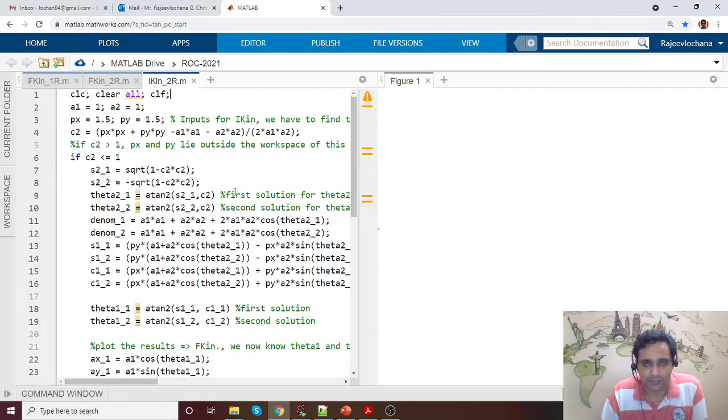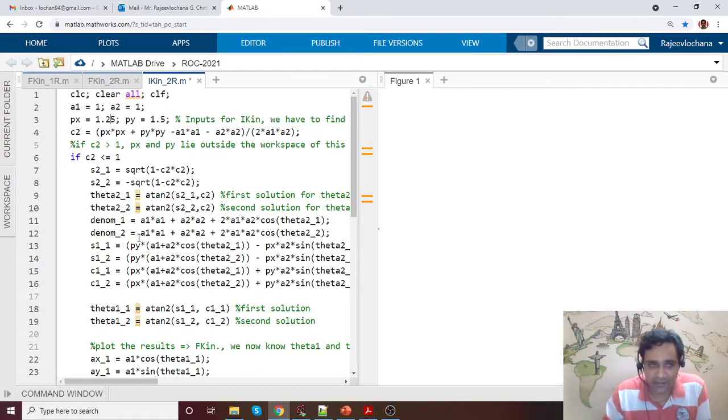Okay, nothing has come. So what is the value of C2? Again, it is not coming here. So this is value 1.5, 1.5. It is not possible because the longest it can go is 1.414. That is when it will be stretched. So this is a solution which is not reachable. So that is why it did not come. So it is more than 1.